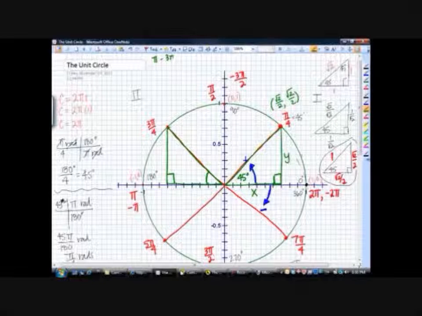Pi minus 3 pi over 4 is 4 pi over 4 minus 3 pi over 4, which is pi over 4. So this reference angle is pi over 4, also known as 45 degrees. So now, do you see we can take this